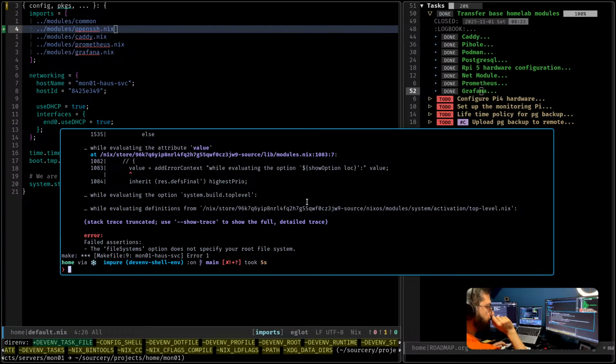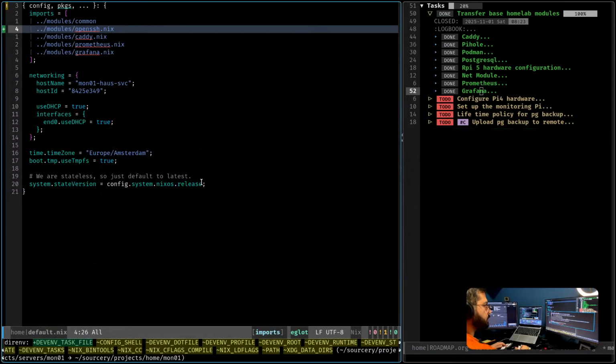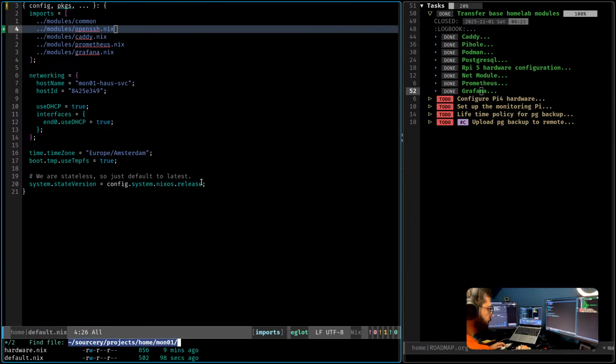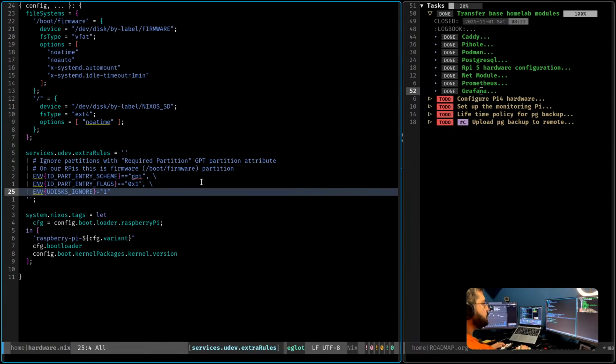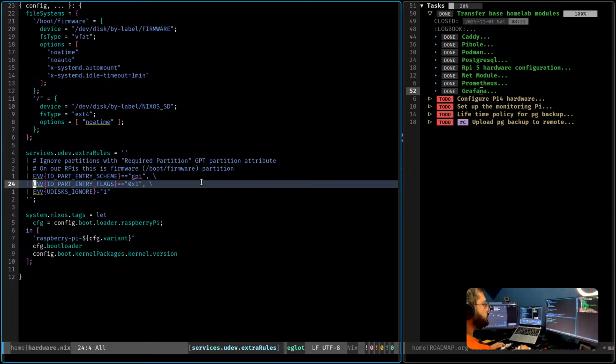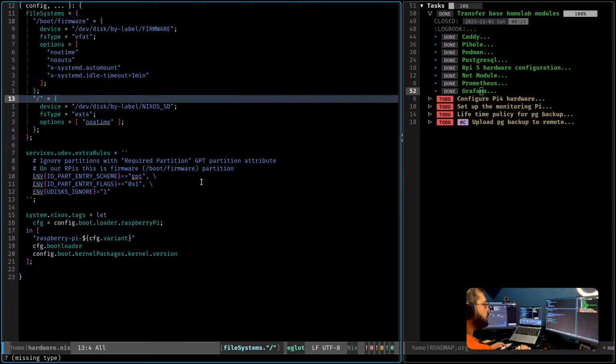It doesn't specify your root file system. Interesting. This is the file system. This looks to be my root.